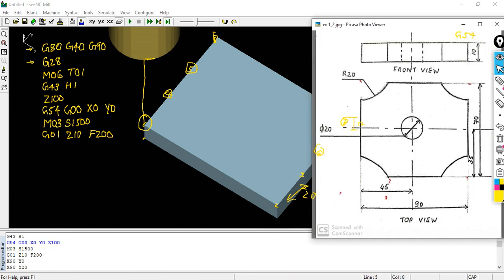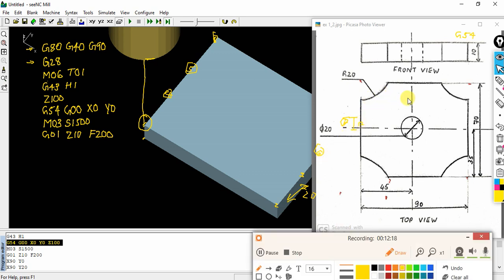So that particular position will be, if you check the position, you can understand. So this will be 0, 0. And here the last position will be, X will be 90 and Y will be 0. And if I lift to the 20, like my increment will be 20. So X will be 90 and Y will be 20.